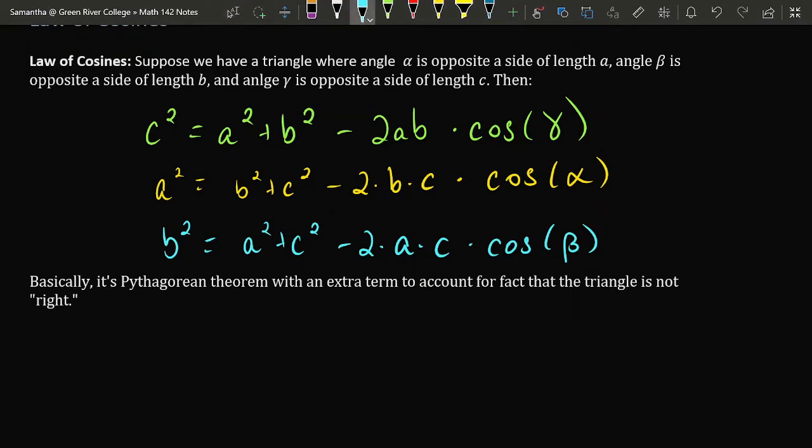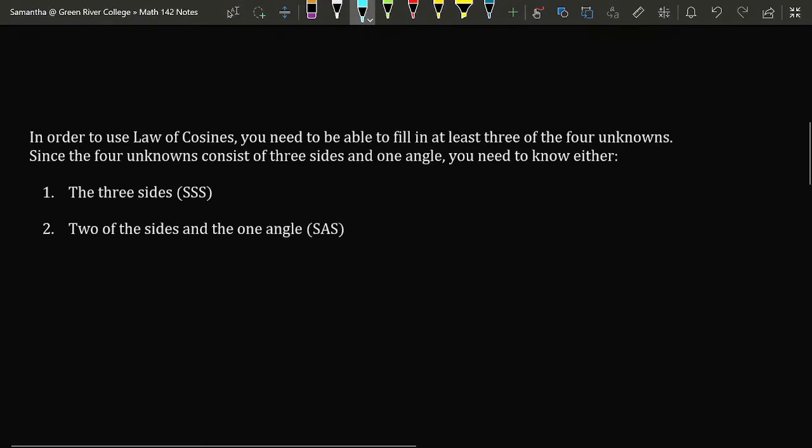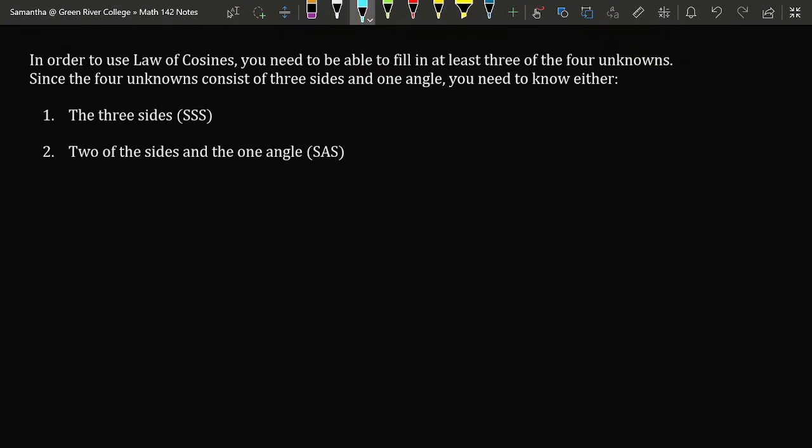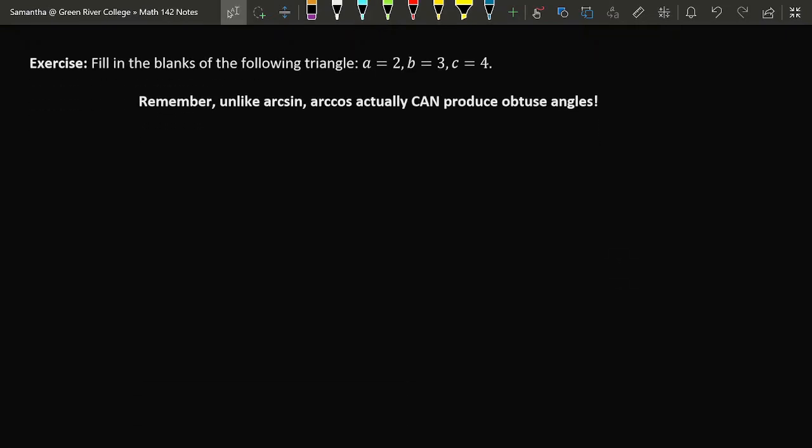Therefore, it's possible to use this formula in any case where we have the 3 side lengths and the angle is what is unknown, or in cases where you have 2 of the side lengths and the 1 angle, and the 3rd side length is what is unknown. Let's demonstrate the use of law of cosines on an SSS triangle problem.